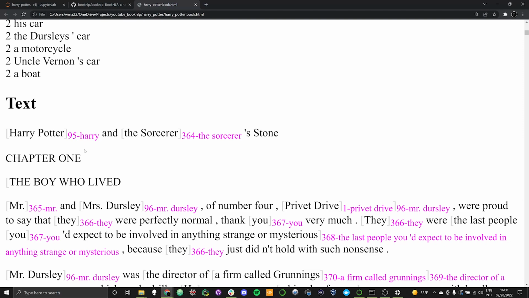So in this case, Harry Potter, the main character, has a unique identifier of 95-Harry, so that you can perform the task of entity linking and correctly link individuals to their various ways in which they're referenced throughout a text. Now, as a historian or just a humanist in general, this is really cool to do with a fictional book like Harry Potter, but one of the things that we're going to do in this series is we're going to